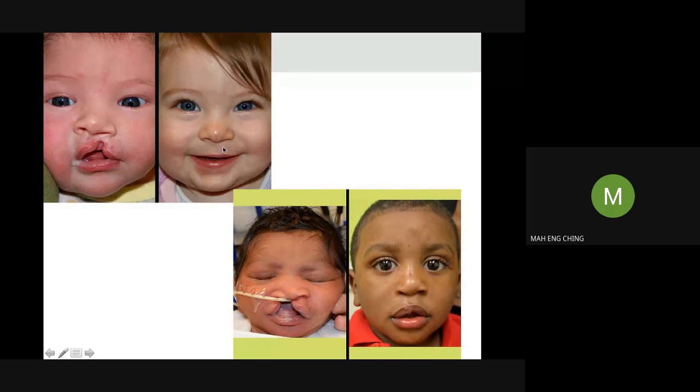Of course, you can see some scarring tissue, but not very obvious. Same with this one. Repair it early. Patient have a good development of the soft tissue, and this one become less obvious. So a lot of cleft patients, if for the female, the man, they tend to grow